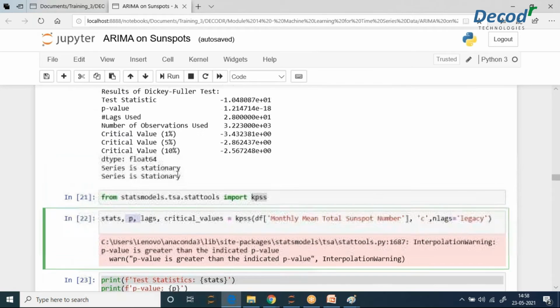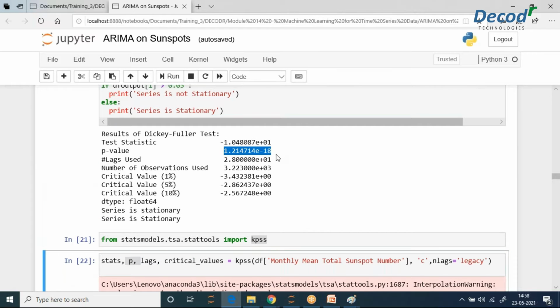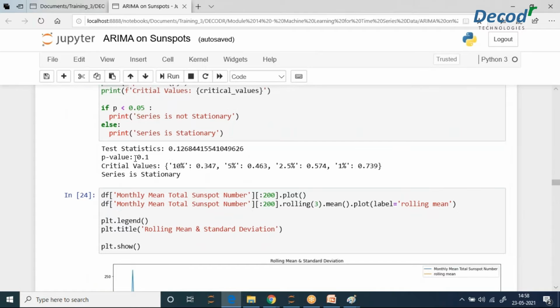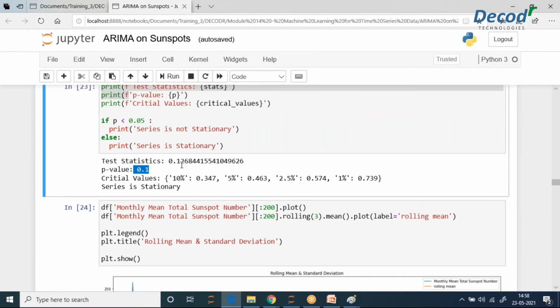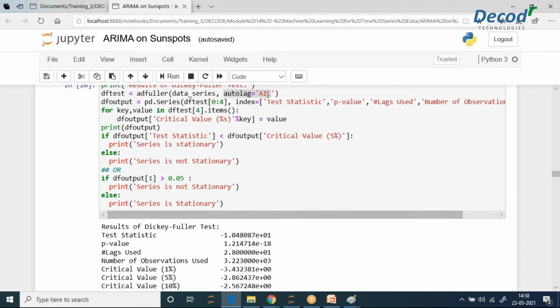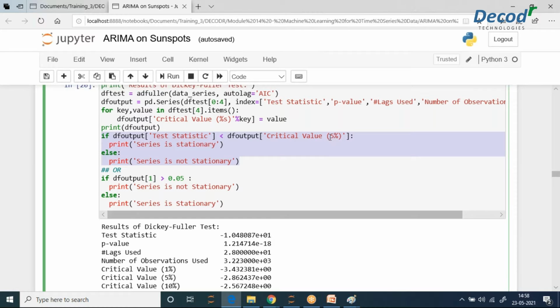So for this one, we got a p-value less than 0.05, and for this one, we get a p-value of 1. So what if it is less than your 0.05? In case of AIC, your series is stationary. We are not talking about critical value because here also we have 5%, but we know how to read p-value. That's why we are talking about p-value over here.